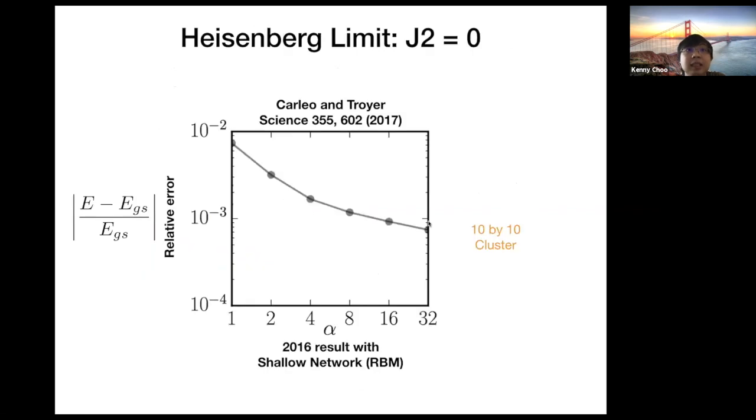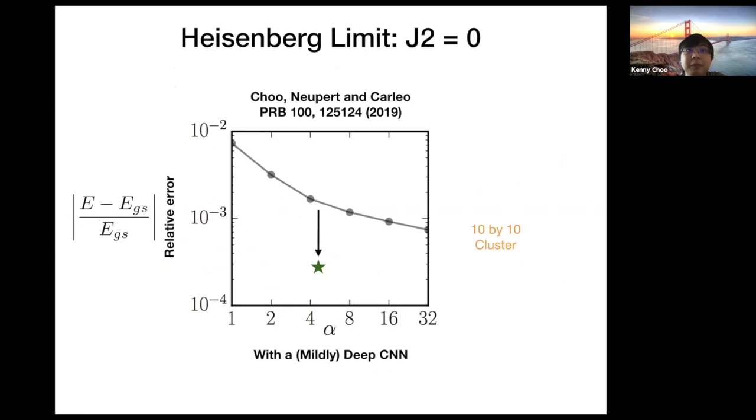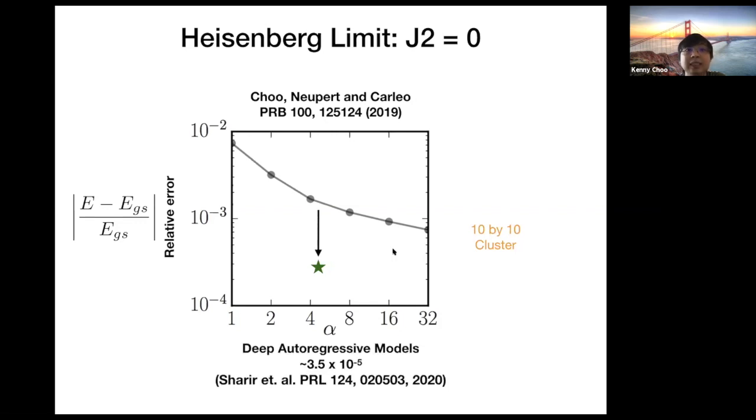So these are the analytical results, but practically, we also do see that the deep networks are much more efficient. So if we look at the Heisenberg J2 equals 0 limit, where we can get exact quantum Monte Carlo results, I show again here the result of the Science paper of Carleo and Troyer, where they use a 1-layer network, and this was the result that they got. And if we use our deep network with about, let's say, 500 parameters corresponding to about alpha equals 5 here, we see that we almost have 1 order of magnitude improvement in the accuracy already. And this was just a 6-layer deep network.